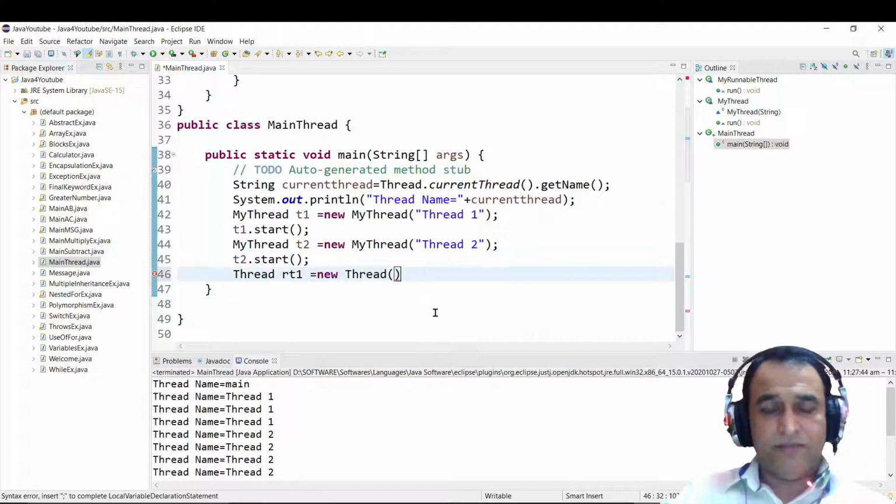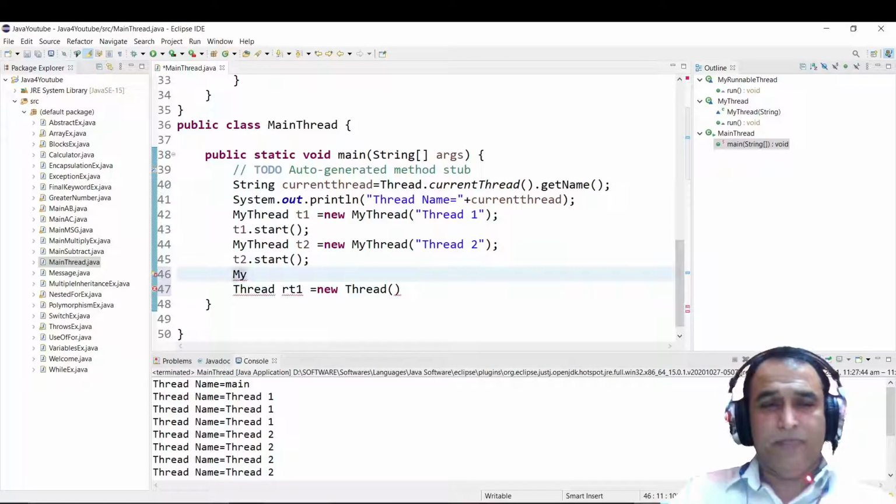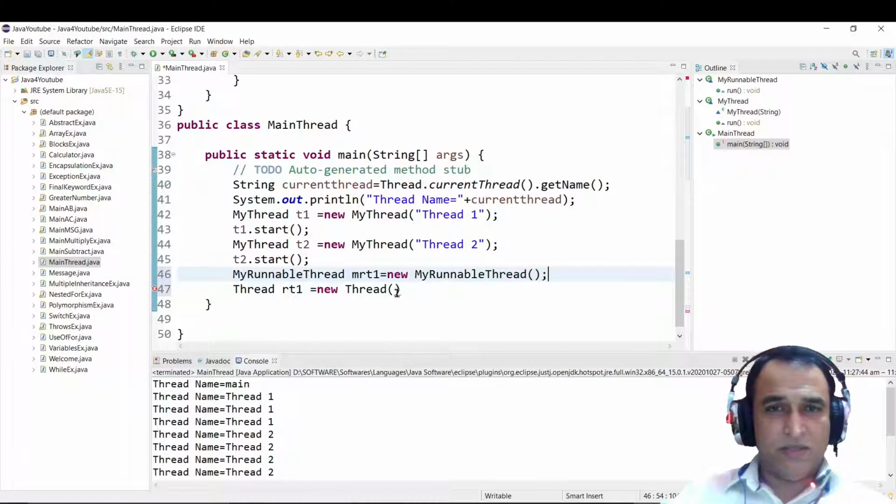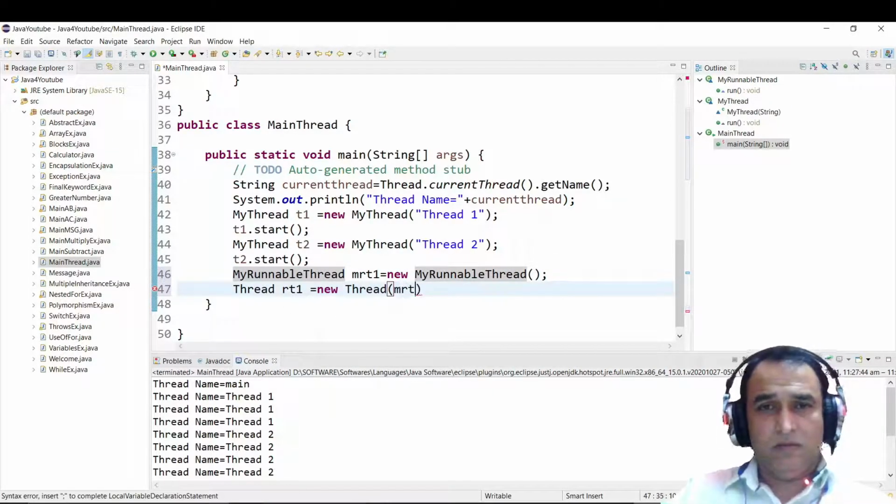Here I am passing the object of the runnable thread. That would be mrt1 equal to new MyRunnableThread, like this, object 1, and I'm passing this object here, and here I'm passing the name of the thread,